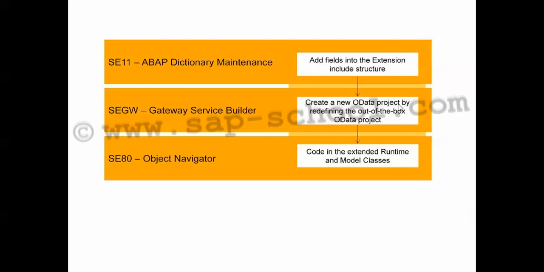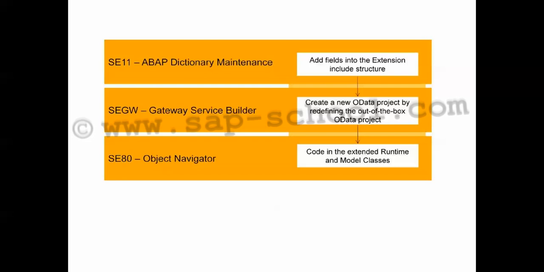After that, these are the three tools which are used. First one is the SC11. To achieve the modification free extensibility, we have to use the redefine concept that is available as part of the SAP NetWeaver Gateway. So this approach allows to achieve the modification free extension of SAP Fiori applications.